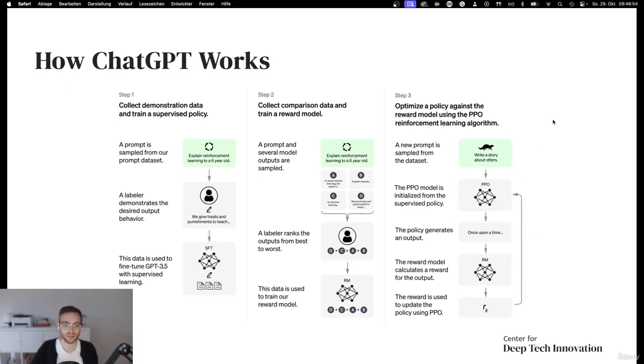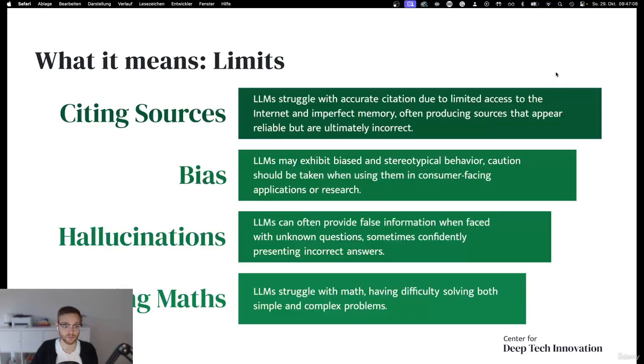And that's really the new thing that came with ChatGPT and with GPT-4, that the quality was so good that it could help you in the real world for many different use cases. We now know how generally large language models work, but this means